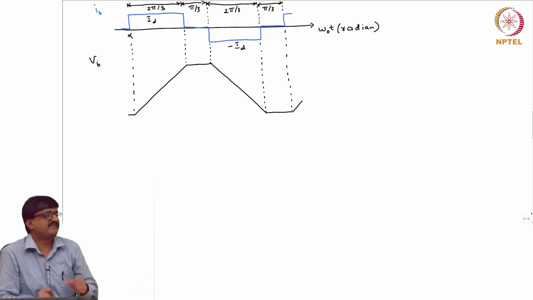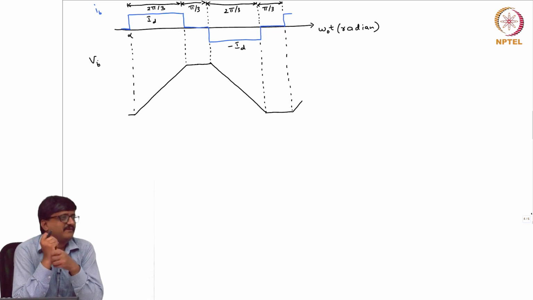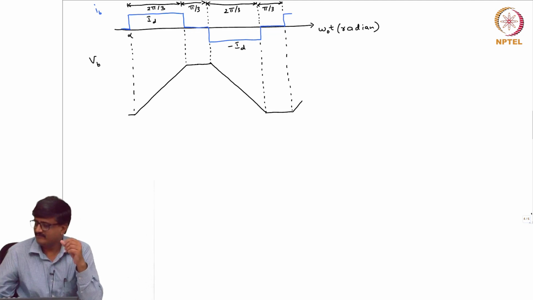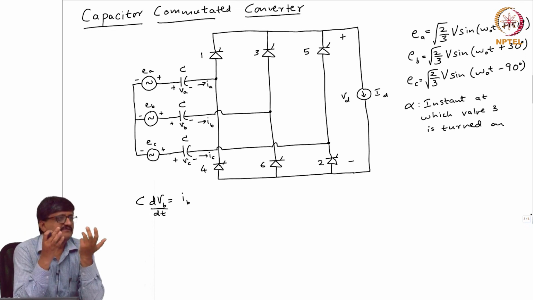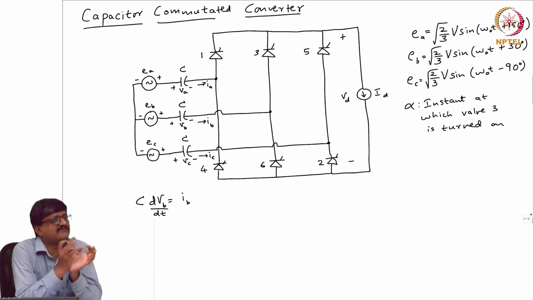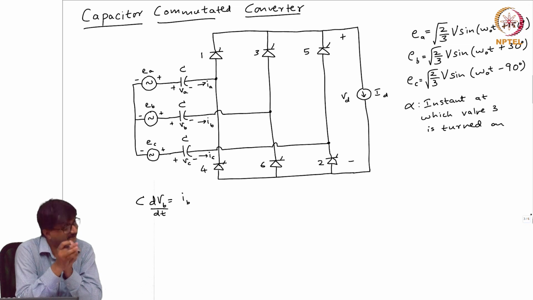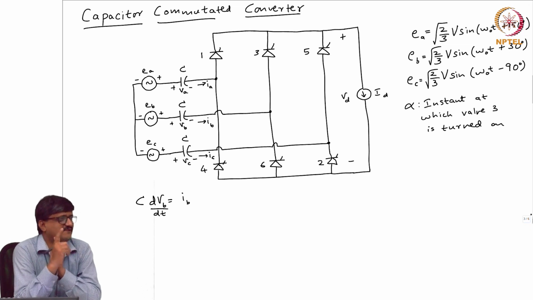The answer is it depends on the initial charge of the capacitor. But what happens in practice is something different. We have taken an ideal case. Look at the circuit that we have considered on the AC side: just a voltage source. That is an ideal case. In practice, it is a voltage source in series with an inductor, in series with a resistor. Whenever there is a resistor, you will see that there will always be decaying.